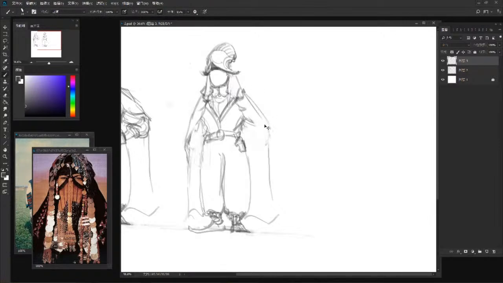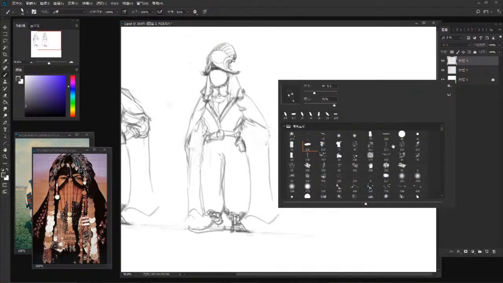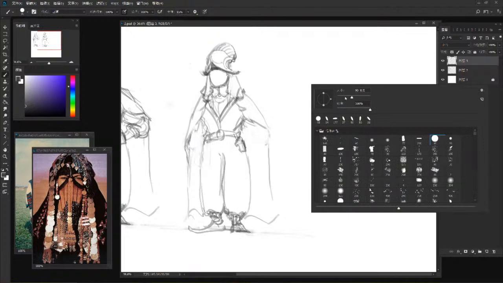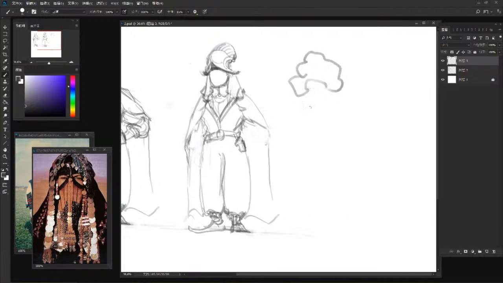Yes. You don't need to worry whether the line work looks pretty cool or not. Exactly. Maybe you do it pretty soft, and the character is going to look like this.